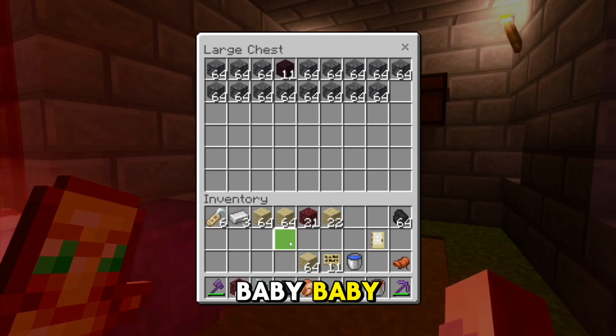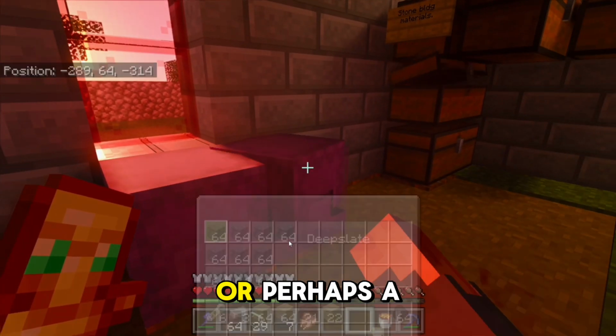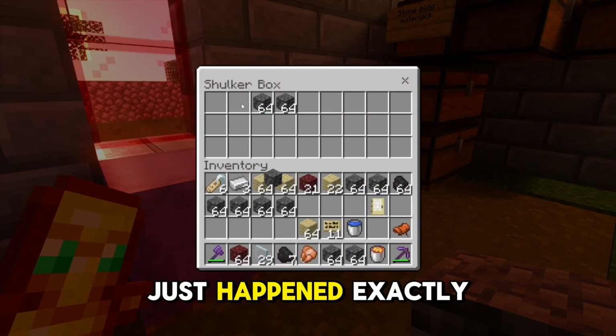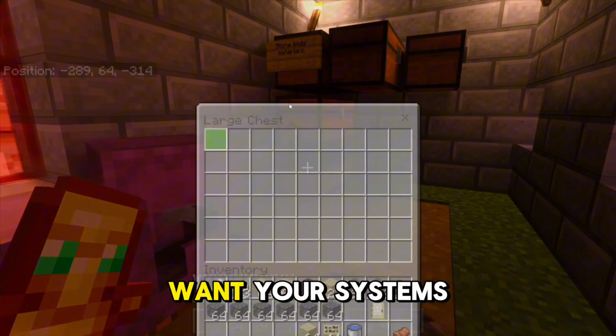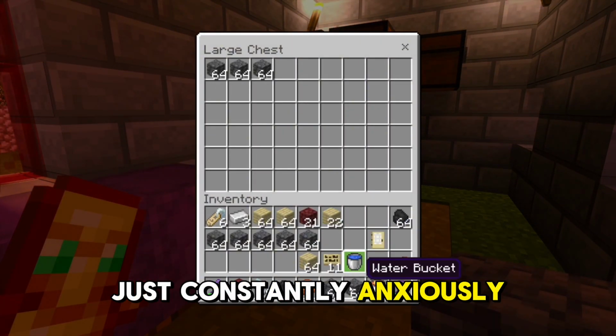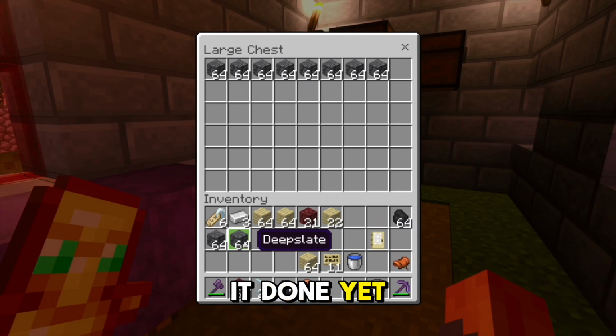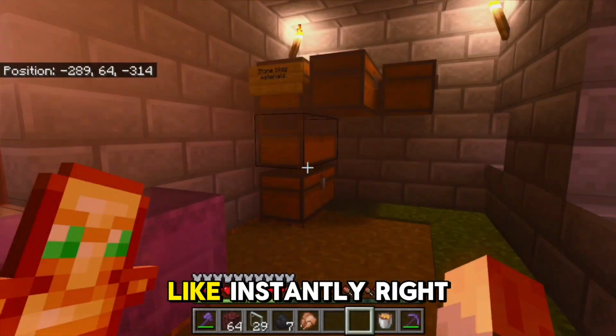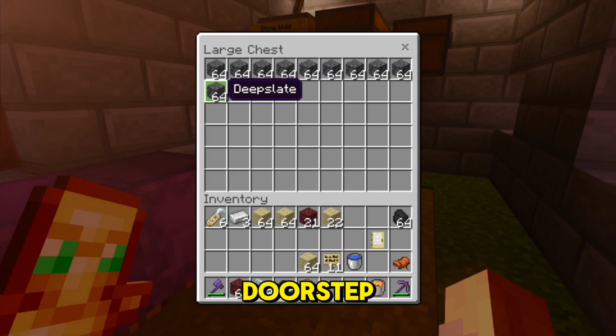Imagine you're waiting for that really crucial update, right? Maybe payment processing, or perhaps a sensor trip somewhere, a new sales lead. Something important just happened. Exactly. Now, do you want your systems just constantly, anxiously checking, pinging away? Is it done yet? How about now? Anything? Or do you want that info just delivered instantly right to your digital doorstep the second the